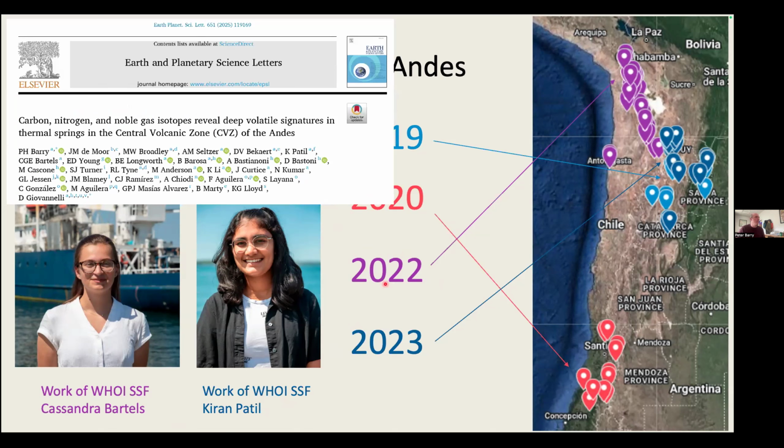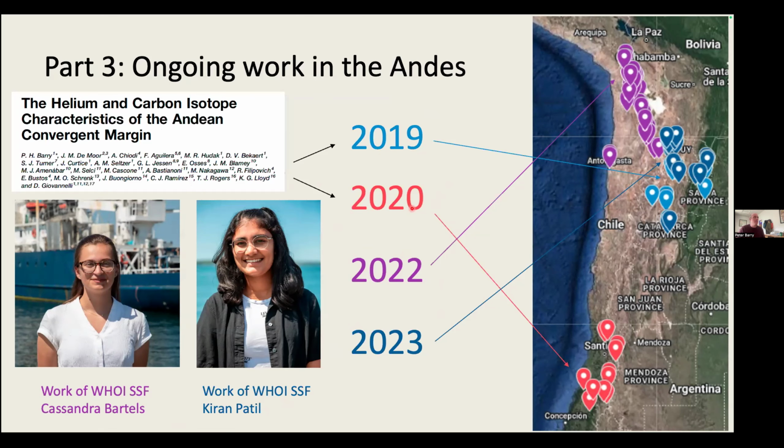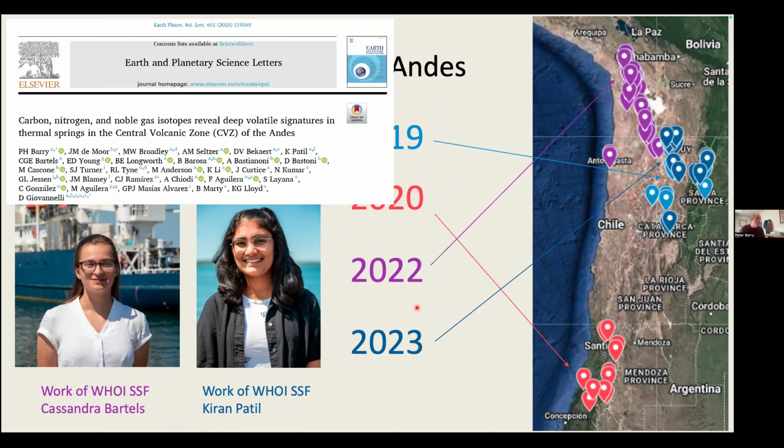Cool. So there's basically 4 field campaigns. The first 2 field campaigns were in this first paper. And then I'm going to talk briefly about results from the 2022 and 23 field campaigns, which came out in this EPSL paper that we published